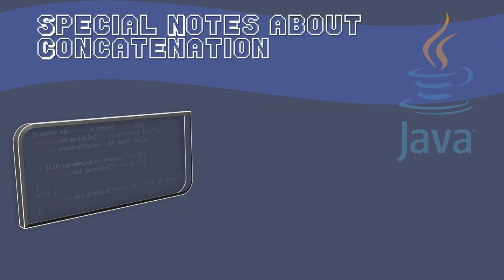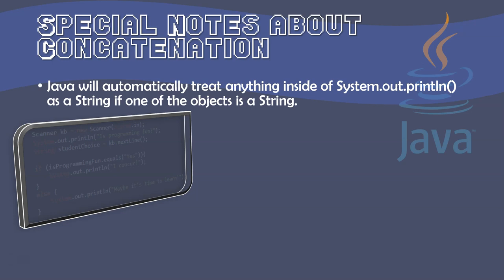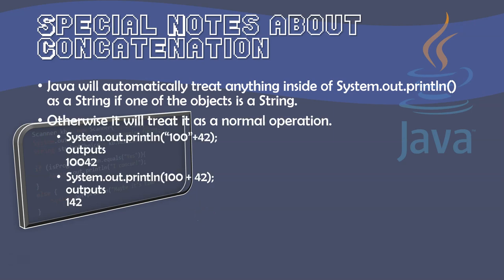Now, a special note about concatenation. The thing you have to understand is that Java is automatically going to treat anything inside of System.out.println as a string if one of the objects in there is a string. Now, what does that mean, you might wonder? What does it mean if everything's going to be a string? Well, if it doesn't have a string, it's going to treat it just as a normal arithmetic operation. So if we look at these two examples here, System.out.println of "100" in quotes, meaning it's a string, plus 42, we're going to output